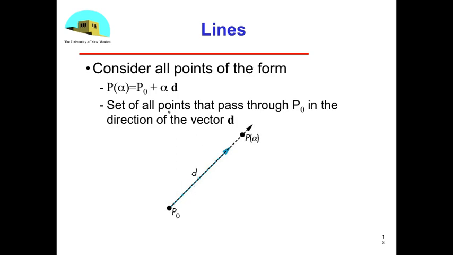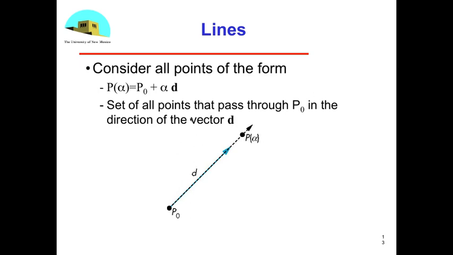So I start at p0 for alpha equals 0, because 0 times d gives me 0, and I add on a vector of 0. It just leaves that point alone. And any other value of alpha starts pushing me off in the direction of d. And so I get all the points going in this direction, and lo and behold, they form a ray. A ray is an infinite line in one direction. And it doesn't have the negative values going off to infinity out here,